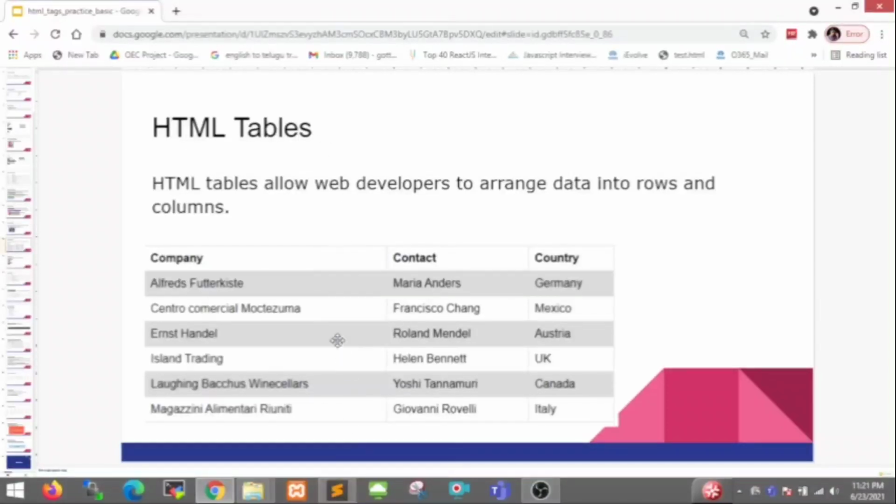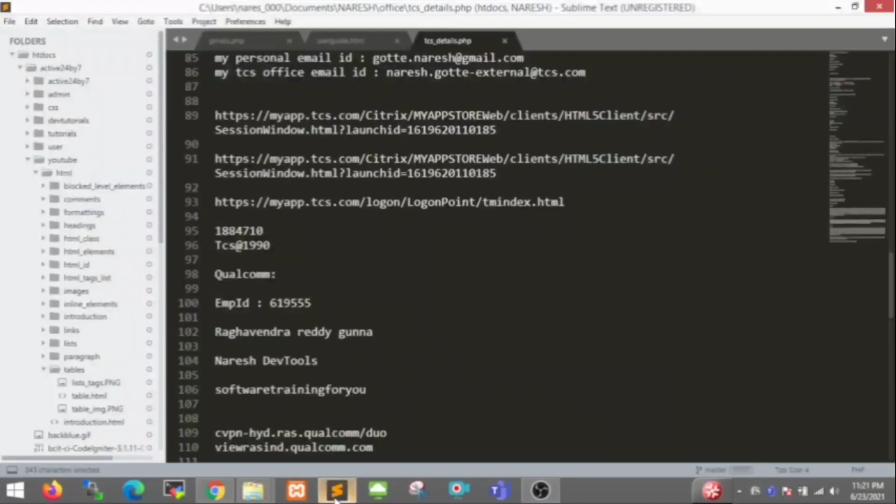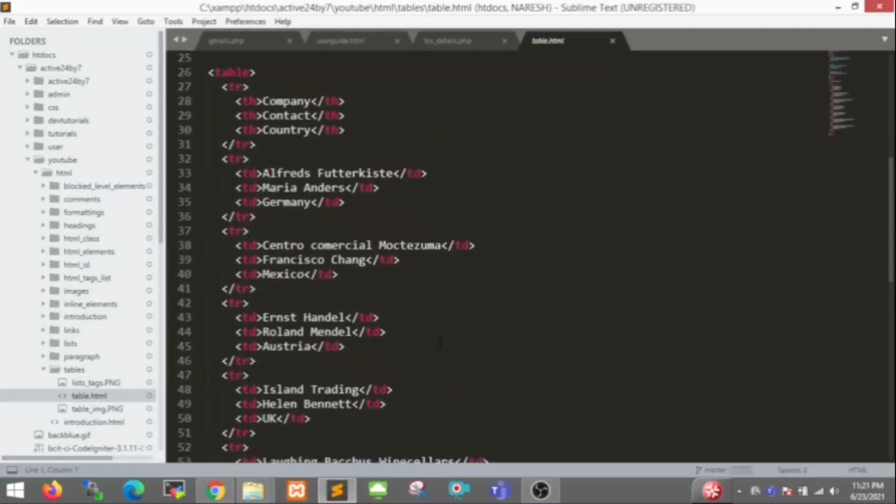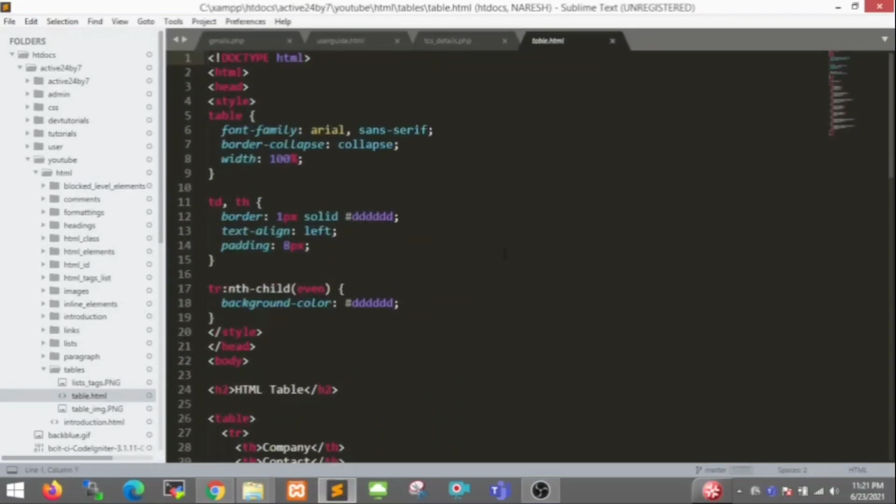Let's go to my notepad, where I have written some code. I will show the HTML table. I created one web page for the HTML table. Doctype HTML.